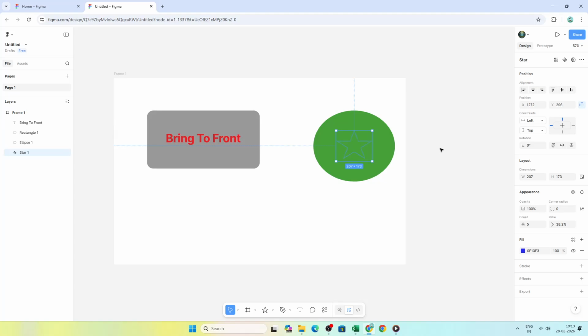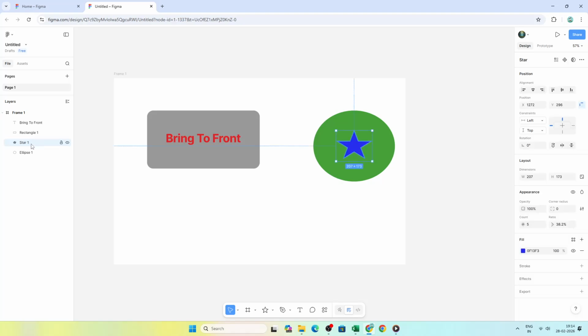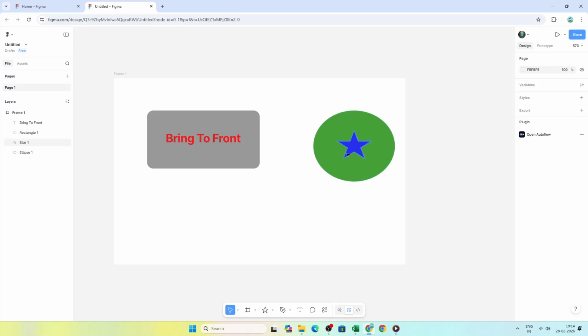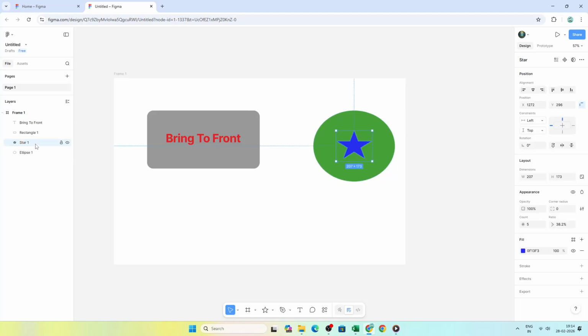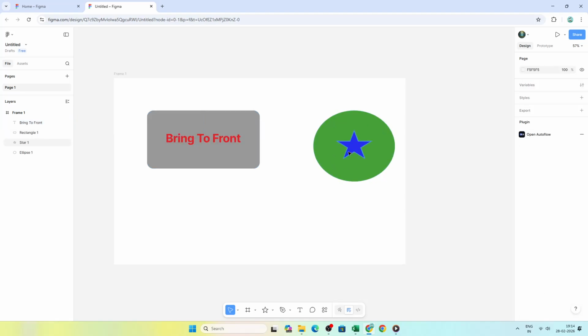Finally, the Layers panel on the left gives you precise visual control. Find the layer you want, then click and drag it to the top of the list within its group or frame. Layers at the top appear in front of those below them on the canvas. This method is great when objects overlap closely or when you want to reorder several items at once. Naming your layers clearly can make this even easier,